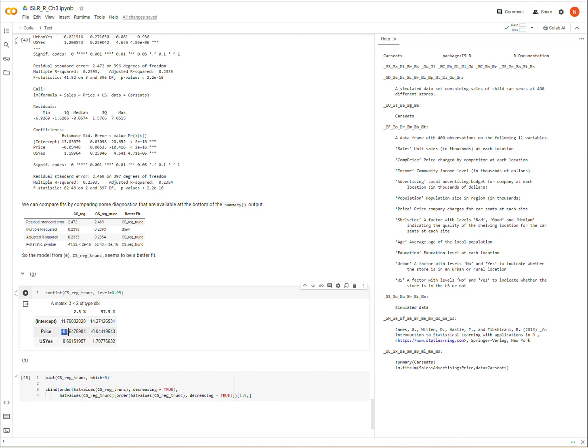So this is below 0 and this is below 0, this is above 0, this is above 0, and both of these have significant p-values. A significant p-value at p equals 0.05 means its confidence interval at 1 minus 0.05 will not cross 0, and that's what we see here. So the fact that this doesn't cross 0 and this doesn't cross 0 is completely compatible with the fact that these are both